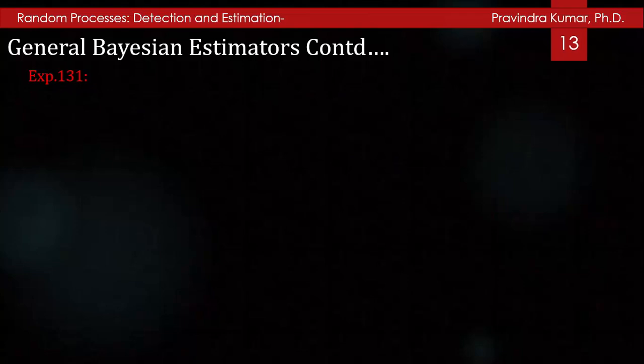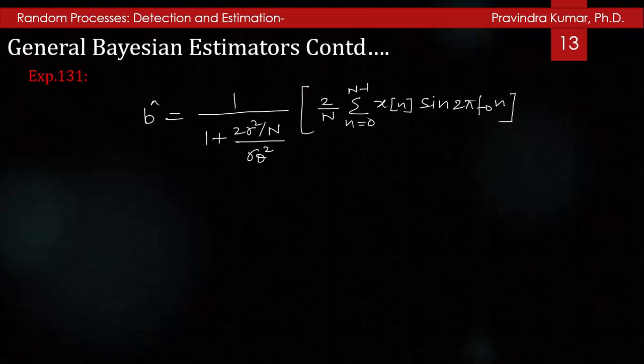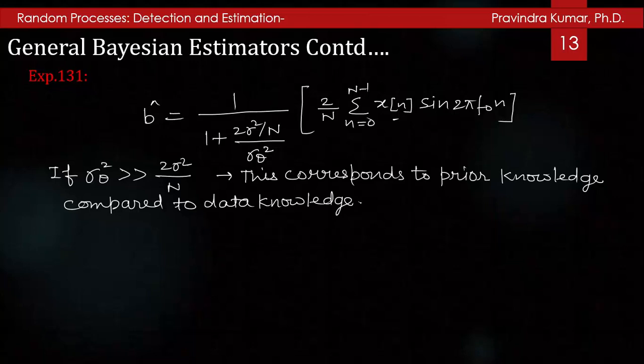And the MMSE estimator of B will be B cap is equal to 1 by 1 plus 2 sigma square by n by sigma theta square, into 2 by n summation n equals 0 to n minus 1 x[n] sine 2 pi f naught n. If sigma theta square is much greater than 2 sigma square by n, this corresponds to prior knowledge being weak compared to the data knowledge,